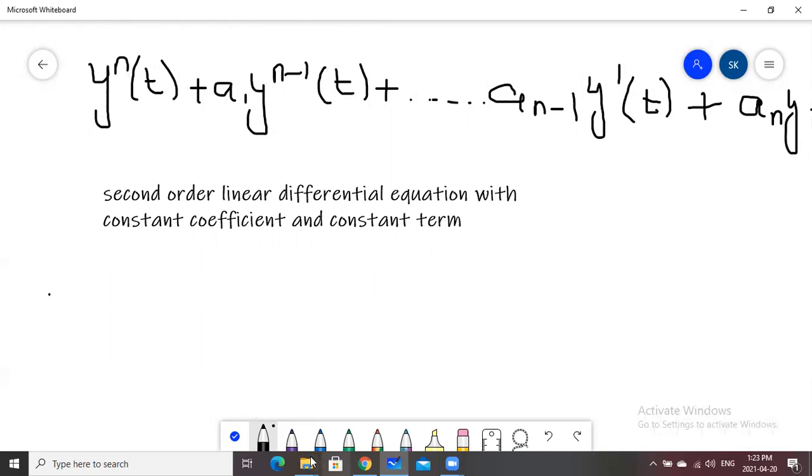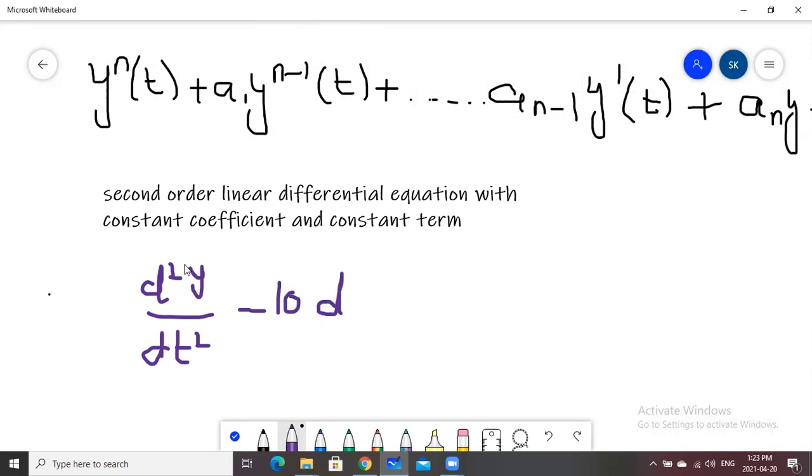Therefore, if we take a simple example, we get the statement that has been written over here. It will become d square y divided by dt square. This is the highest order derivative for this function. Suppose we have a negative sign in between, and then we get the value of a to be 10, and then n minus 1 will become 2 minus 1, which is 1. Therefore, it will become only dy by dt,